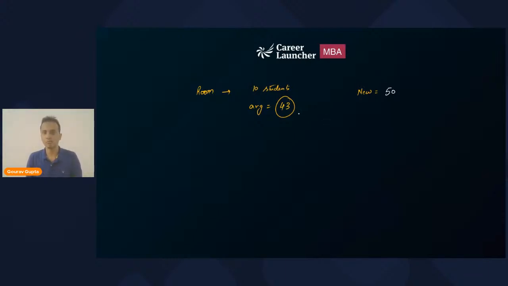Now, look at the difference between the original average and this new value. The difference is 7, right? So I can write this new value as 43 plus 7. If the new value is equal to the original average, 43, then the average will remain the same. All right. So we can say that this extra 7 will help us in changing the average.